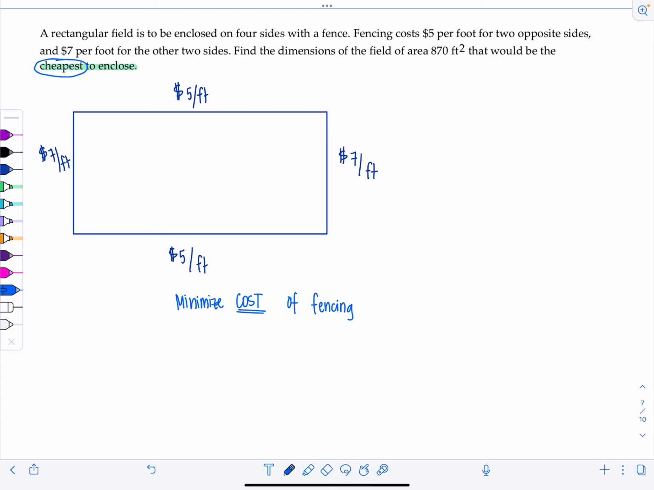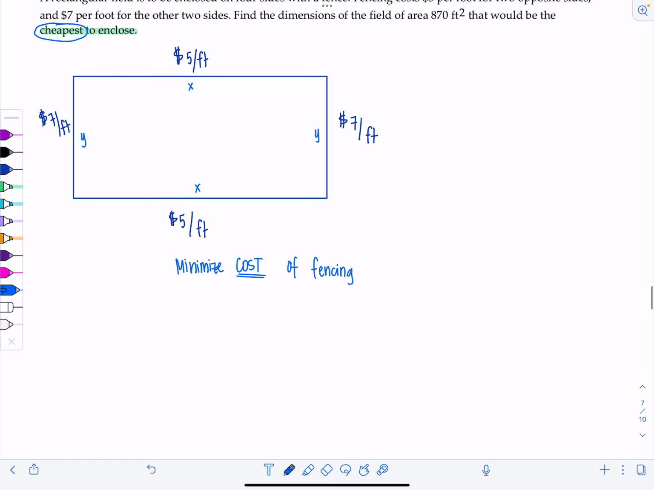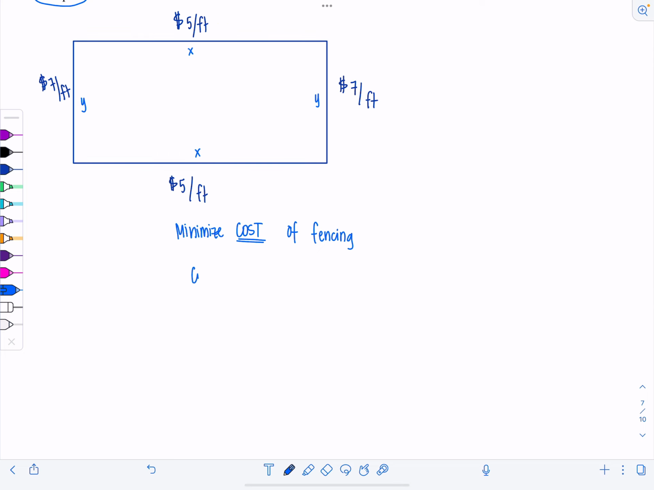So how would we describe or come up with the formula that represents the cost of the fencing? We need some variables here. I'm going to call these sides X and these sides Y. So let's see if we can come up with the cost function, okay? So the cost,